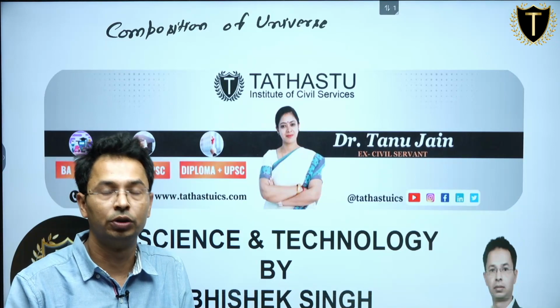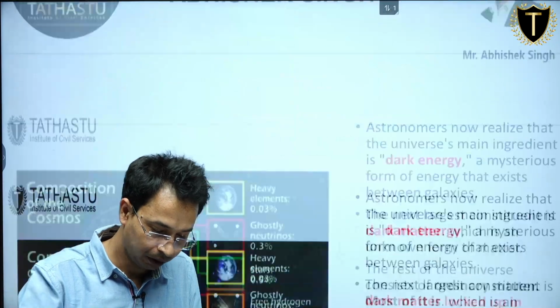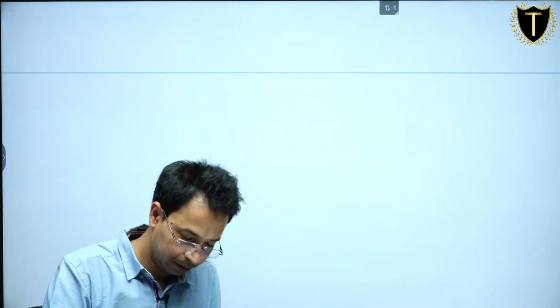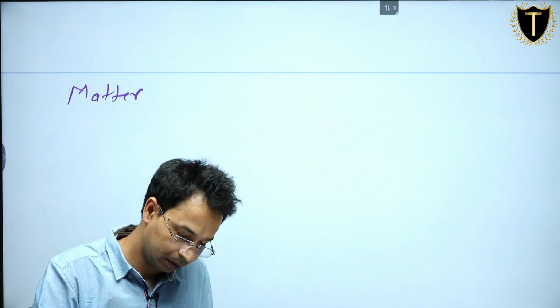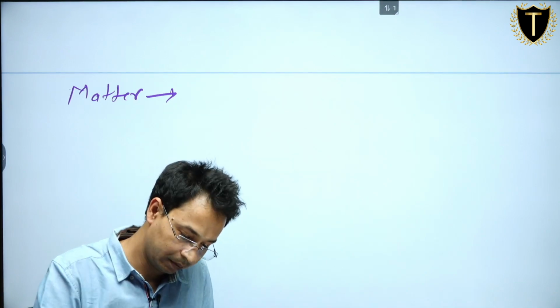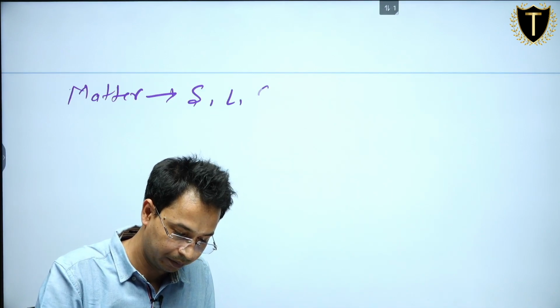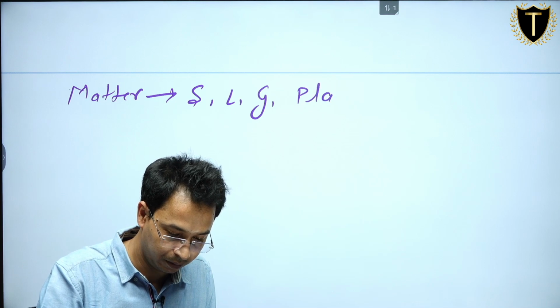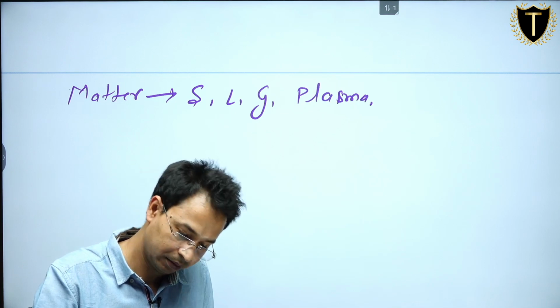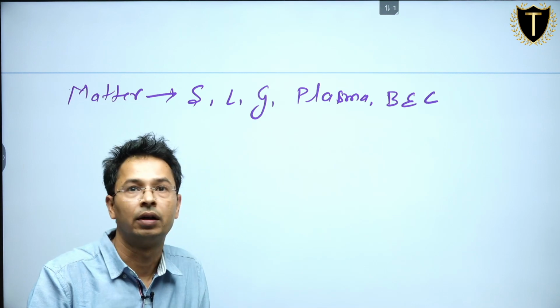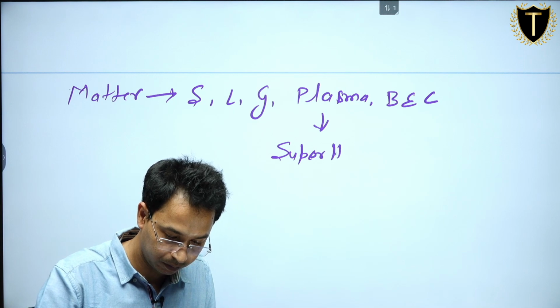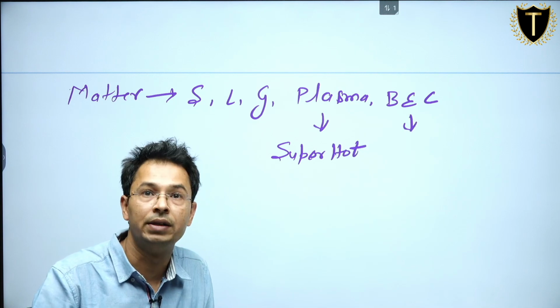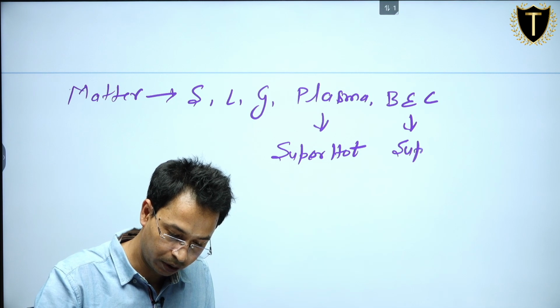Today's topic is composition of universe. As we know, in the universe we can see matter, and there are 5 states of matter: solid, liquid, gas, plasma and Bose-Einstein condensate. Plasma is super hot and Bose-Einstein condensate is super cold,